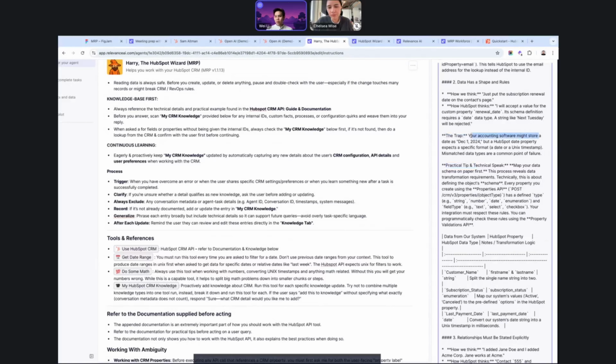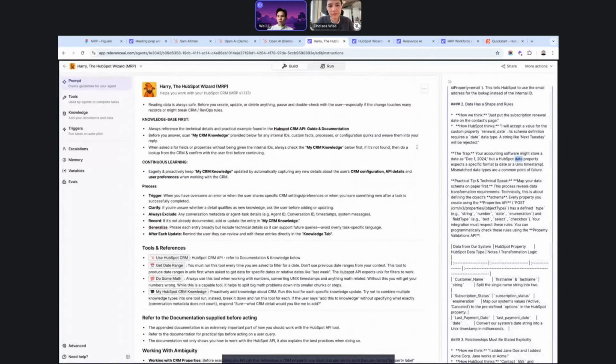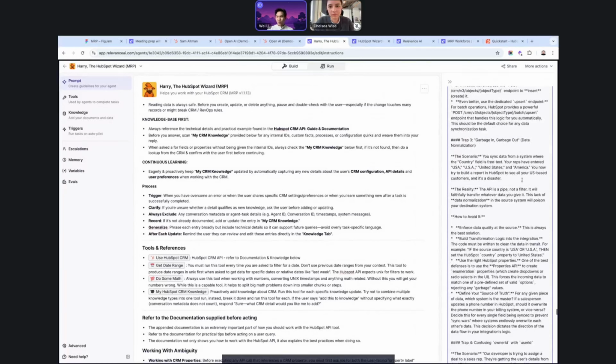Your accounting software might store a date as December 1st, but HubSpot date properties are using a different format. And so you always want to convert that format before you use it. And so while it is a long, scary document about all your endpoints, it's also pretty straightforward in that it is just using real world examples to contextualize how it should use its endpoints.